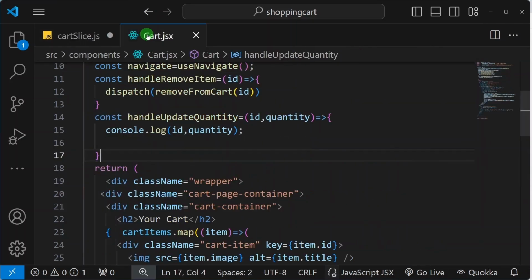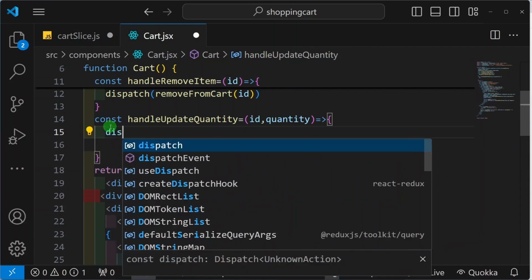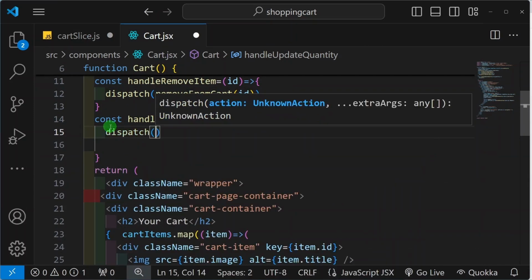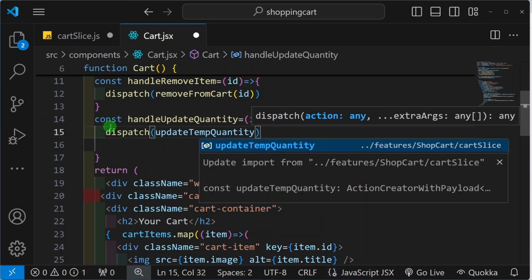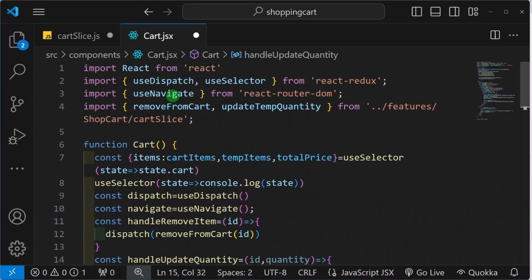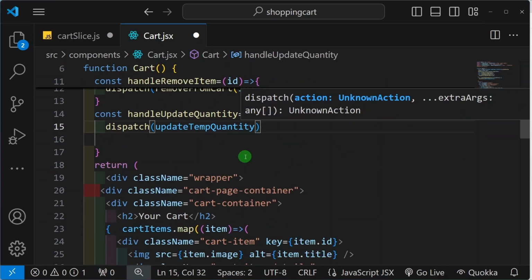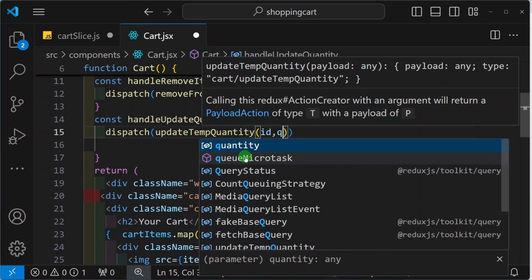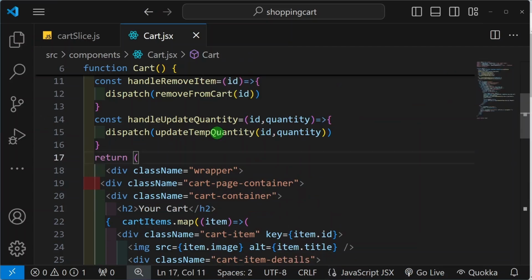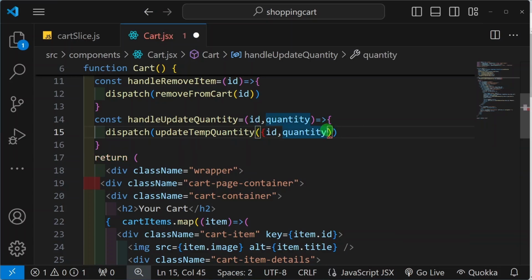Now I will copy this, come to cart, and remove this. Here I will write the dispatch function. Inside this I will write updateTempQuantity. As soon as I hit enter, this will be imported from cartSlice, and inside this I have to pass ID and quantity as its payload. Now inside this action we are passing two values, so this entire thing we have to wrap in an object. Okay, this is how we work in Redux Toolkit. Now this entire value will be passed to the payload, and from action.payload we are accessing ID and